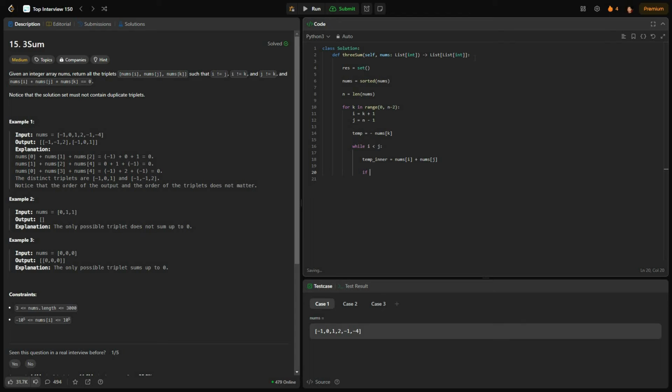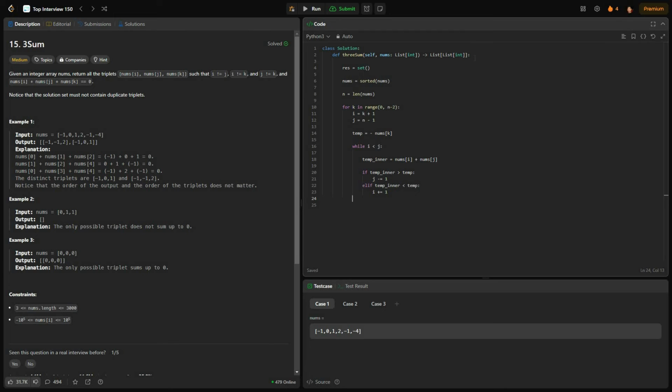If temp inner is greater than our temp, in that case j would be decremented by 1, so we are decrementing the j pointer. If our temp inner is less than our temp value, in that case we are going to increment our I pointer by 1,